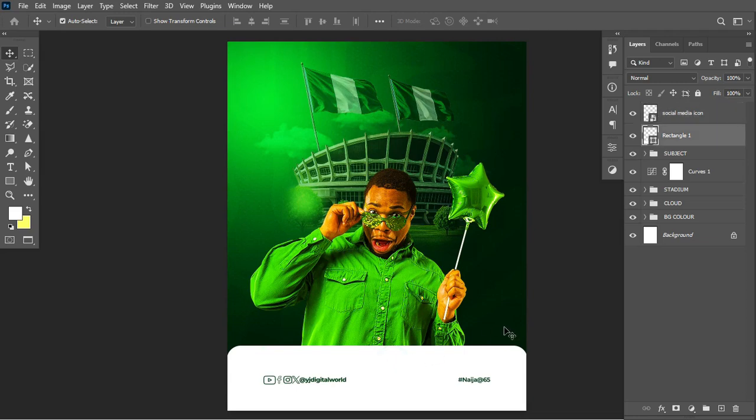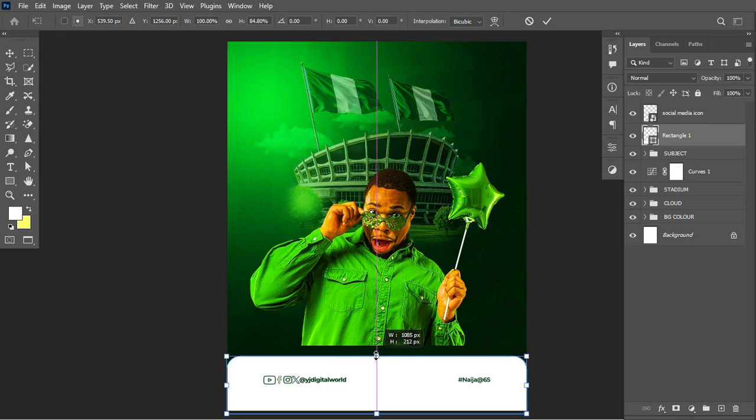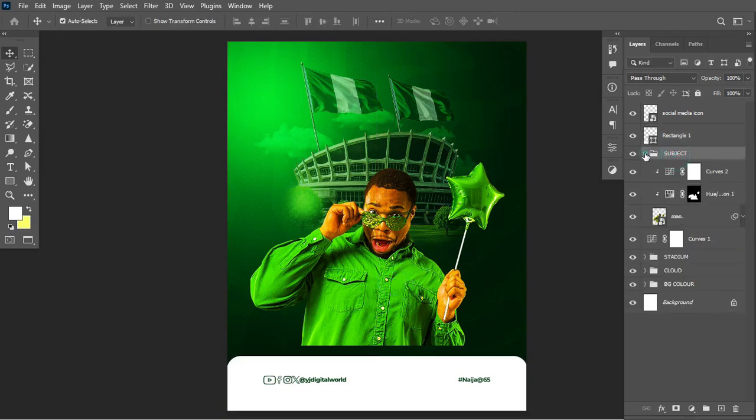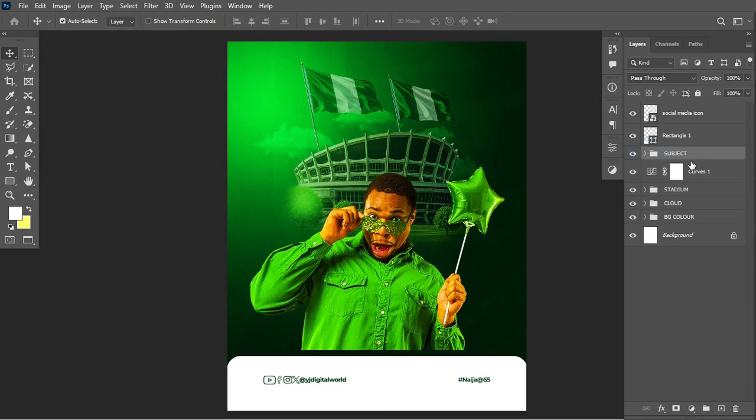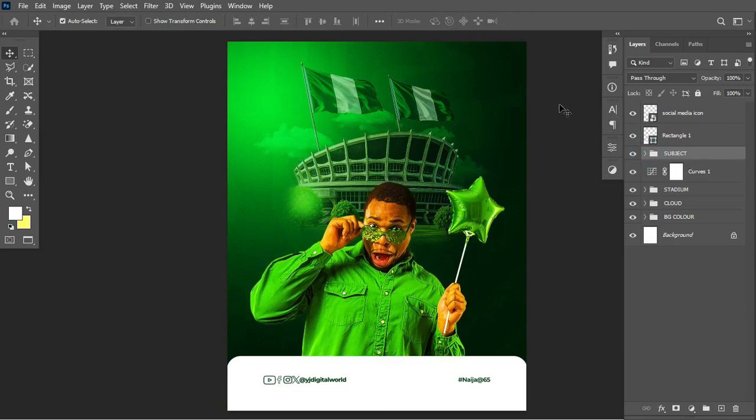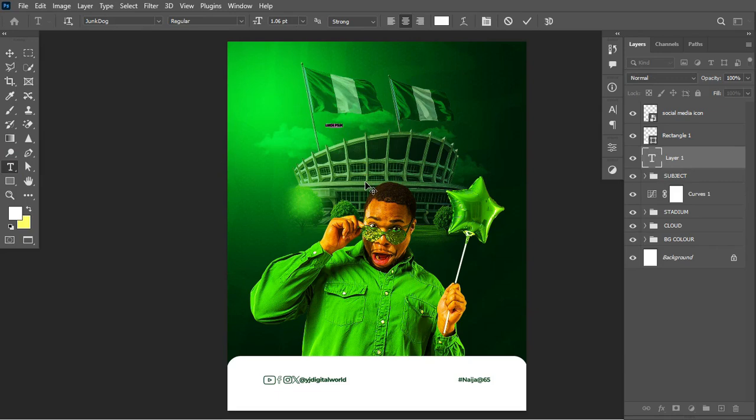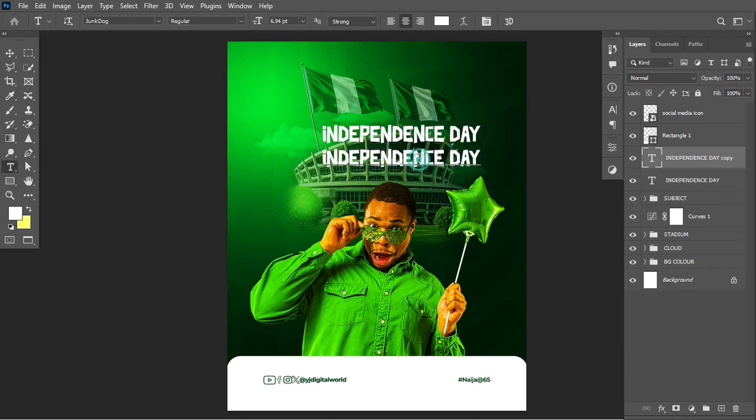I can still make modifications to the footer by selecting the rectangle and taking this down a little bit, and selecting this group of the subject. Select the group itself and bring this down like this as well. This also works. So I can come over here and bring in the text called Independence Day. So I've created this text, and I would like to make a duplicate and call this